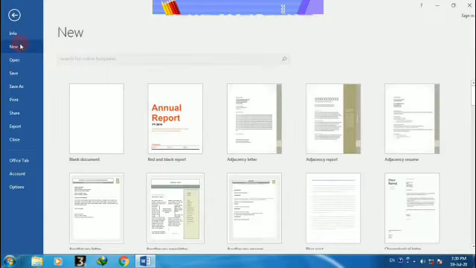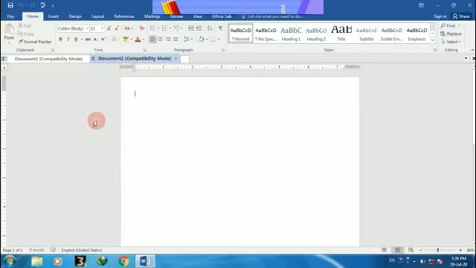So now how to open a new document? Click on new, and this is your new document to create your data and write your content. So this is the task to open your new document. So see, now your document is ready to enter the data.